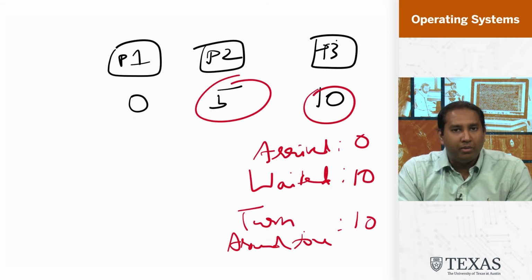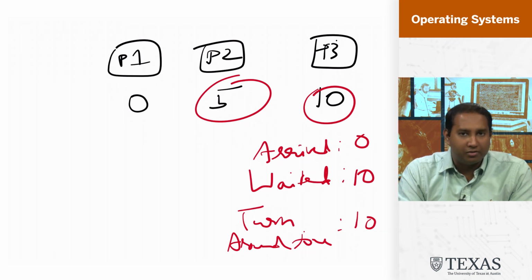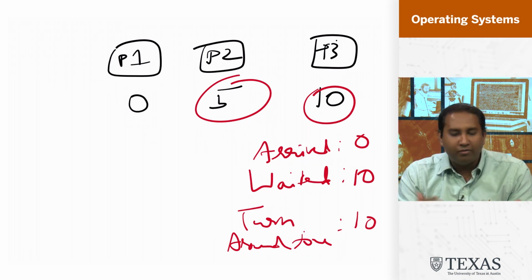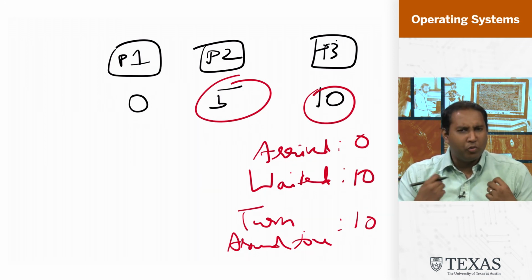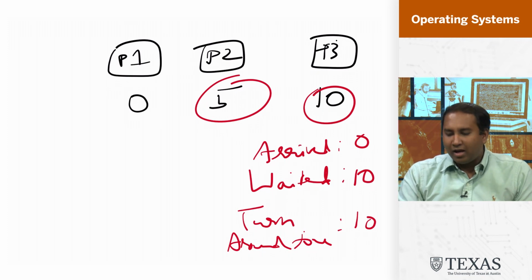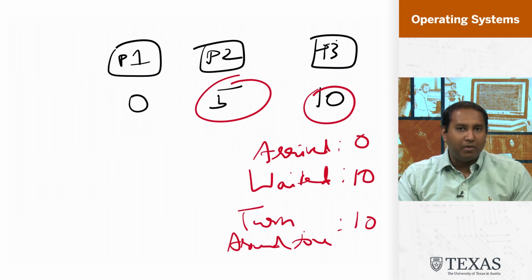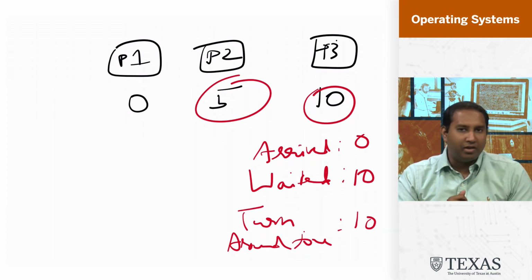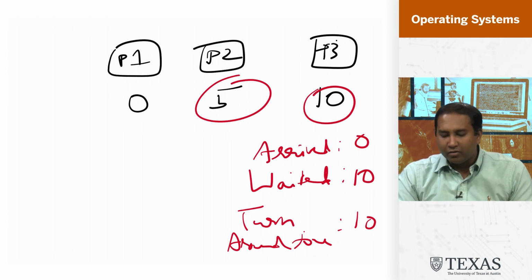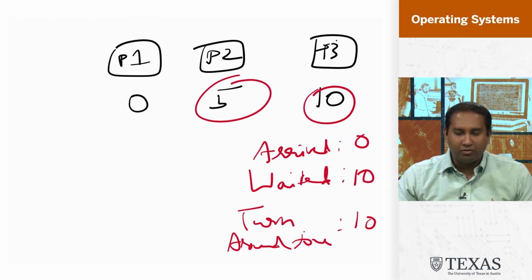Now, the reason this is an important metric is that it captures how responsive your system is. If process P4 came along and was scheduled at time 1000, that's a system where P4 had to wait a really long time to get any service. So turnaround time is basically how quickly you are getting through different tasks. Typically we look at the turnaround time for each process, and depending on the system we're building, we either look at the average turnaround time, or the max turnaround time, or the 95th percentile turnaround time, and so on. So that's one metric we're looking at.